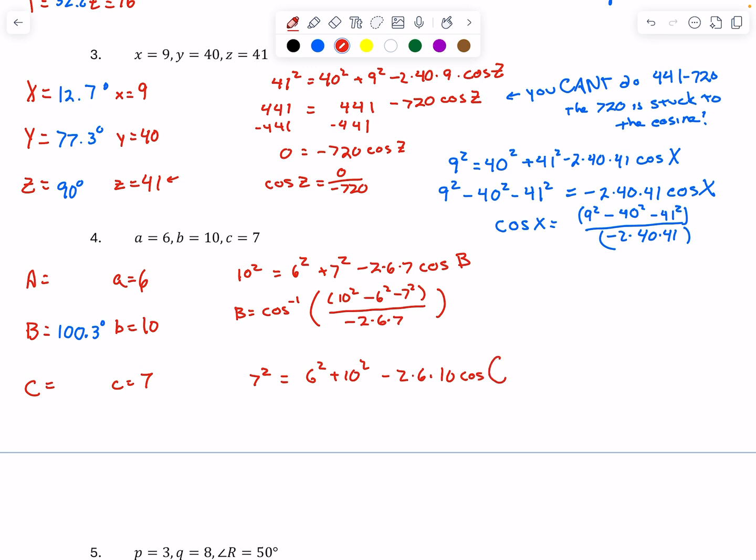Again, the order that I do it in is I figure out 7 squared minus 6 squared minus 10 squared, and then I divide by negative 2 times 6 times 7 times 10. Just don't forget, if you type all of that in at once, you have to make sure you put parentheses around it or it turns into negative 120. And you get